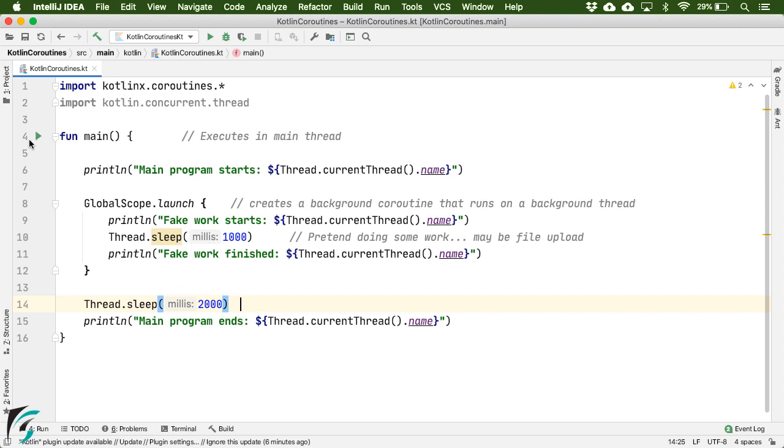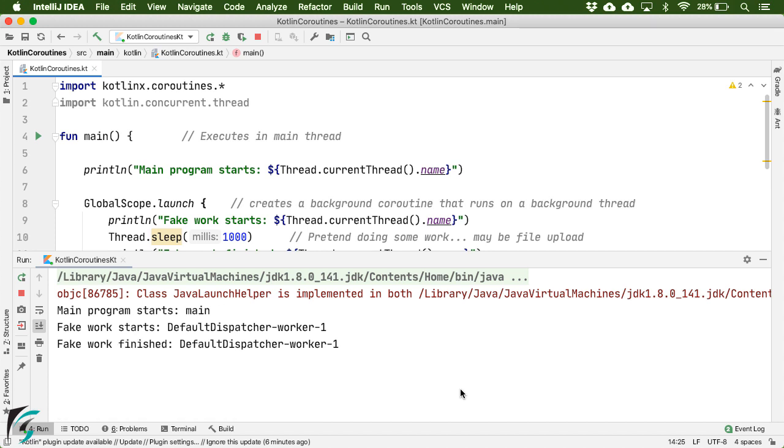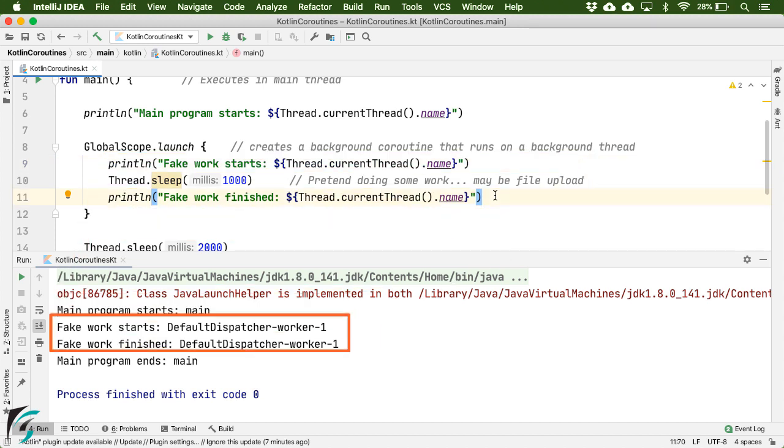If you run the application now, you will find that our program worked perfectly fine this time. And for these two print statements, you will find we are not operating on the main thread. The name of the thread belongs to the background, that is, other than the main thread.